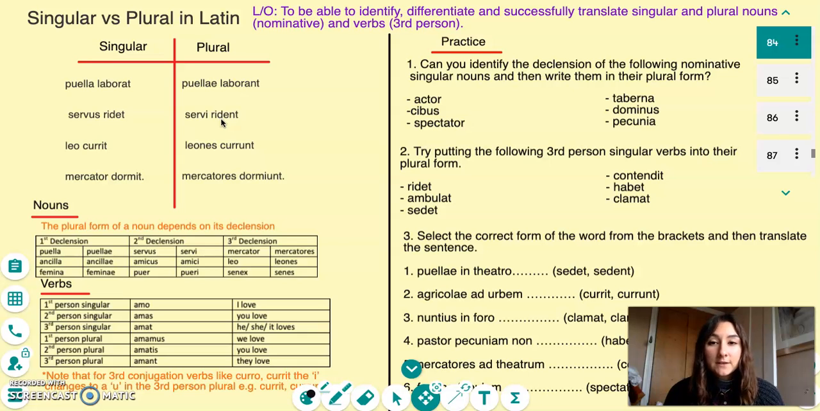Our learning objective that you can see at the top is to be able to identify, differentiate and successfully translate singular and plural nouns and verbs. So hopefully by the end of the lesson you will feel confident spotting the differences between singular and plural sentences